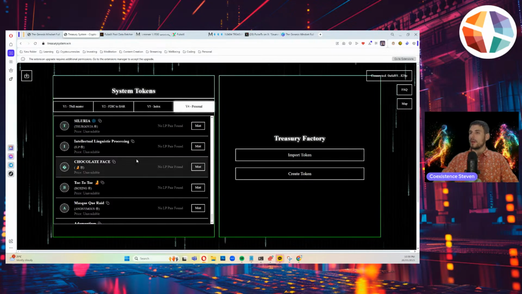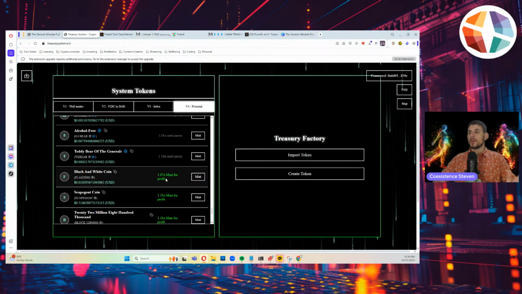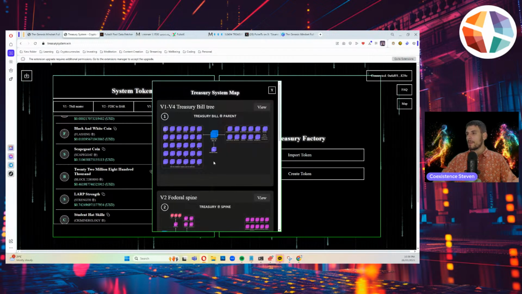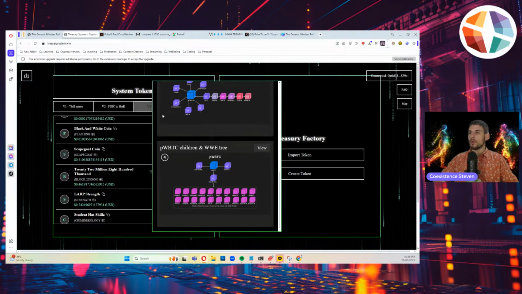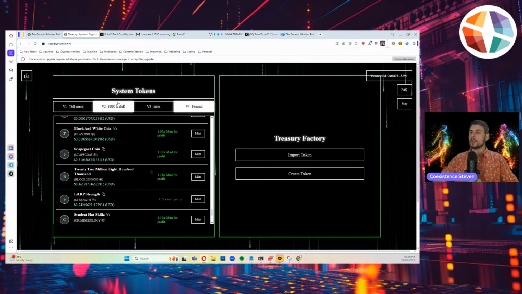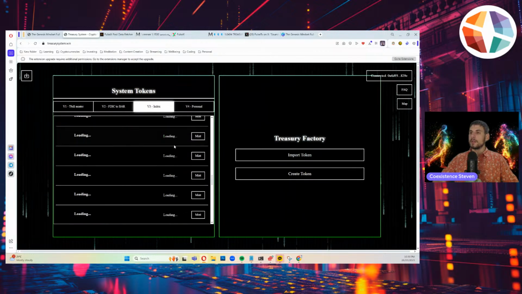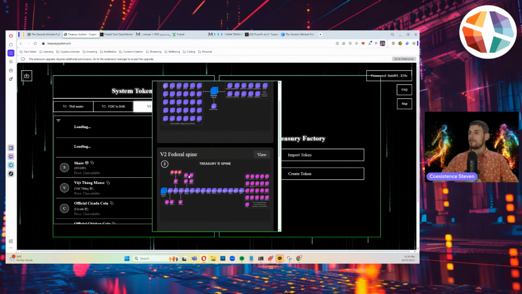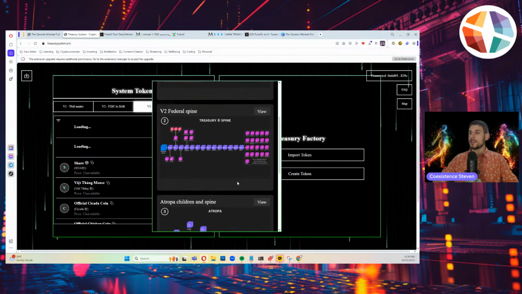So, okay, you can see there's lots here, really lots, and so many different tokens. That's why it's going to take me a while to do the maps, because I'm trying to do it in the order. So the way that the maps are currently shown is basically the order that they would appear along this bar. So basically the reason why I have the federal spine and then it goes into Atropa is because the very